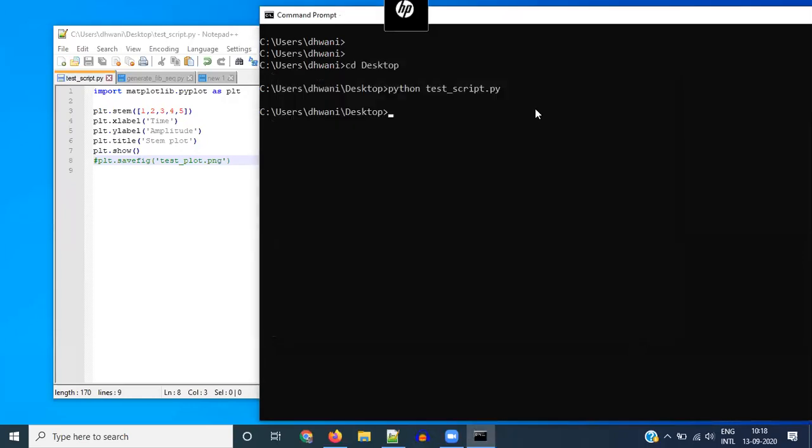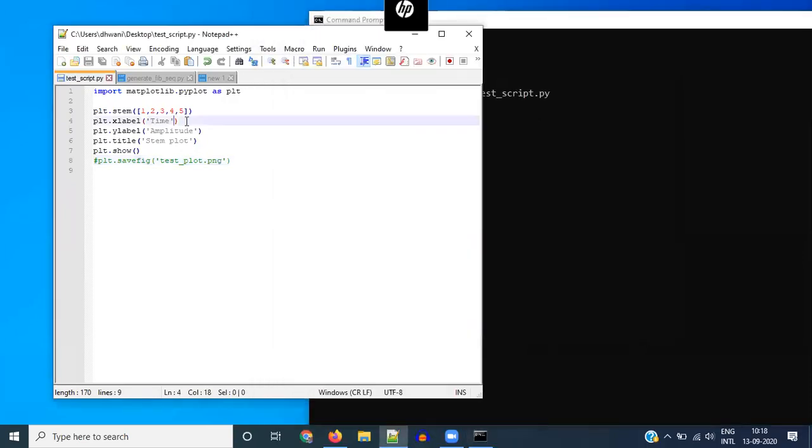Okay. And so to the X label, Y label, title, etc., there are a bunch of additional arguments that you can add. For example, font size, make it 14, font size, say 10, and so on. And that will simply change the size of the font. There are also some other additional parameters like what font you want, etc. And you can find all of those if you look up the documentation for Matplotlib, PyPlot, X label or Y label, and so on. Okay, so that's about the plotting part.